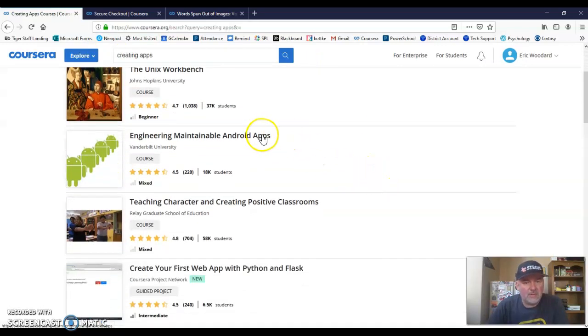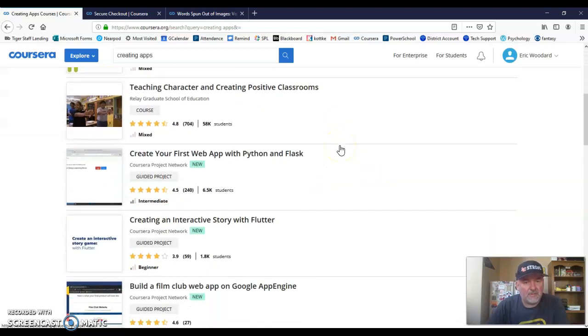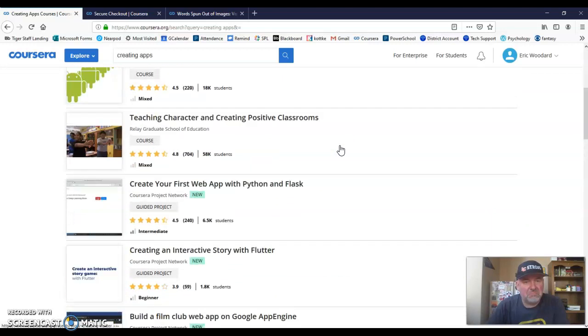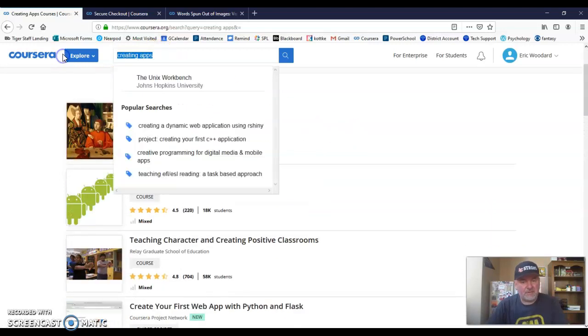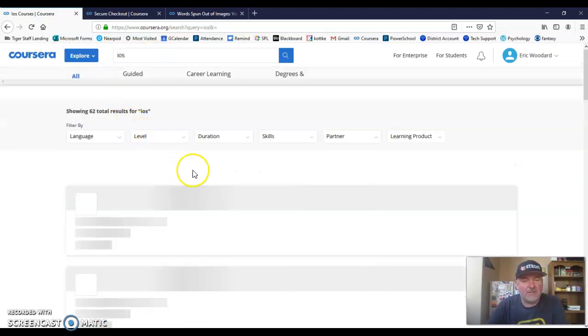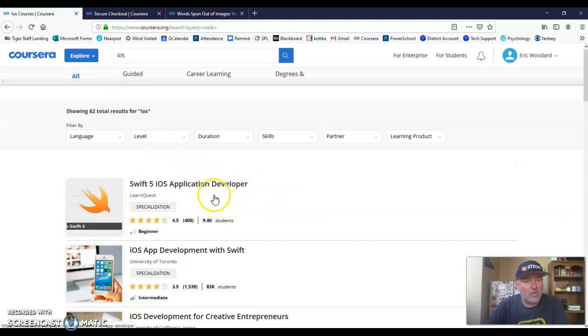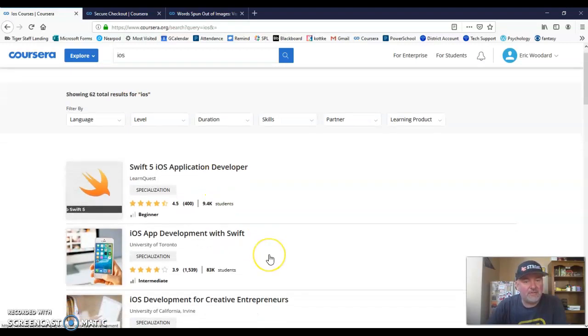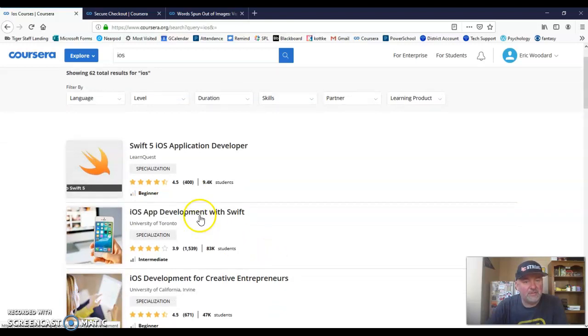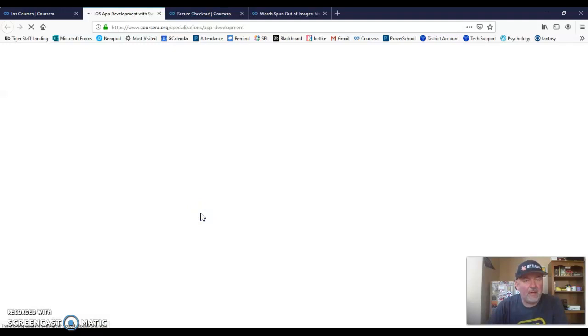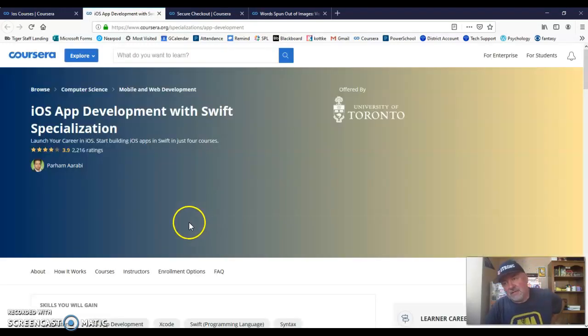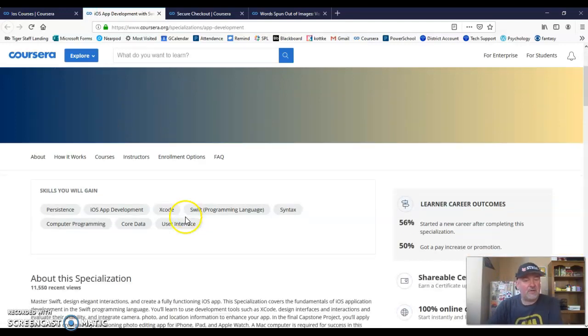Ooh, maintainable Android apps. That was Android. I'm going to try iOS, since that is the operating system of the iPad and the iPhone. Ooh, iOS application developer. Ooh, this is cool. So if you want to learn how to develop apps, I don't know, again, how much time that'll take and how much expertise that requires.